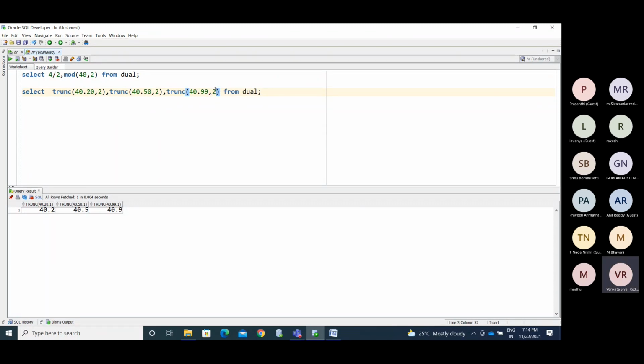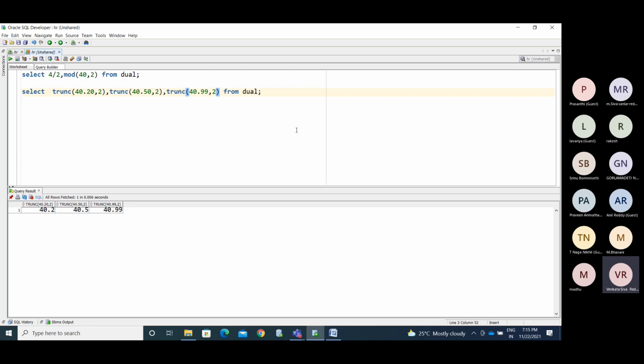Now 40.20 will display the same. Hey, what is happening? No, it will trunk. Okay, trunk, right? So it truncates the decimal values. So this is not the round function, right?